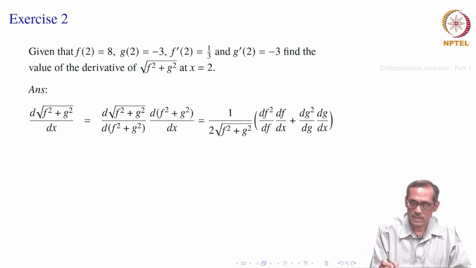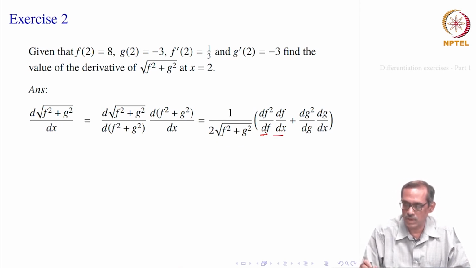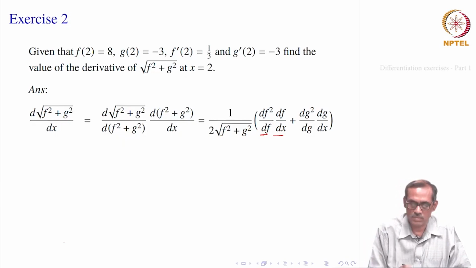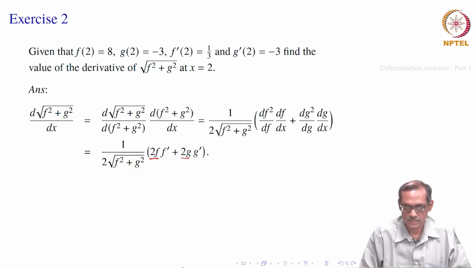Then we differentiate f square plus g square with respect to x. Again, df square with respect to x we want. So, first we differentiate with respect to f and then f with respect to x. Similarly, for g it will be d of g square with respect to g and dg by dx, and they will be added together with our plus rule. So, that is how it will look now. Now, d of f square with respect to f would give us 2f, and then df by dx is f prime anyway. Similarly, dg squared by dg is 2g times g prime.